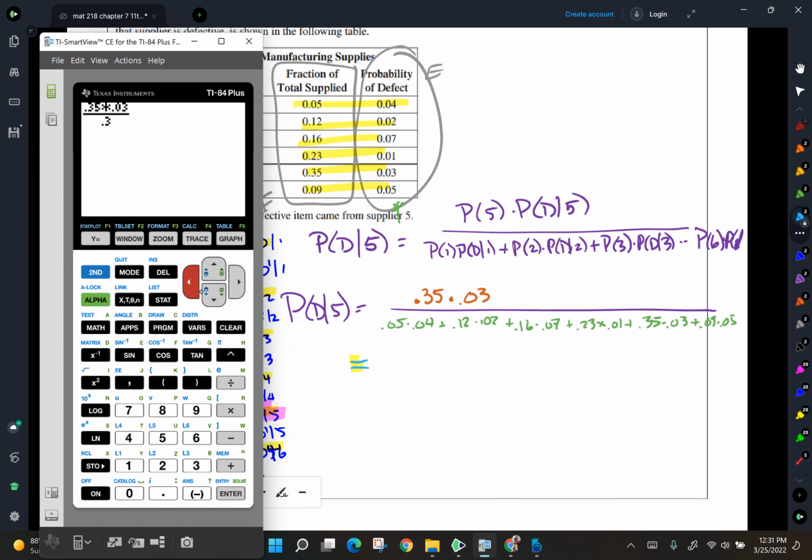I'll start with the first one. 0.05 times 0.04 plus 0.12 times 0.02 plus 0.16 times 0.07 plus 0.23 times 0.01 plus 0.35 times 0.03 plus 0.09 times 0.05, and I get